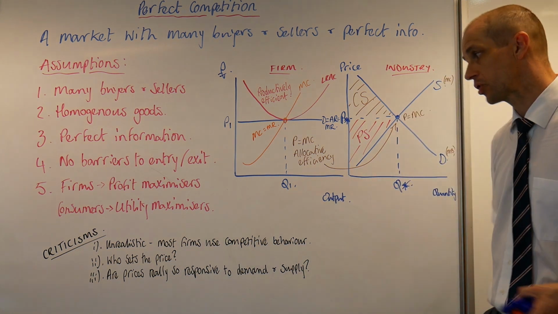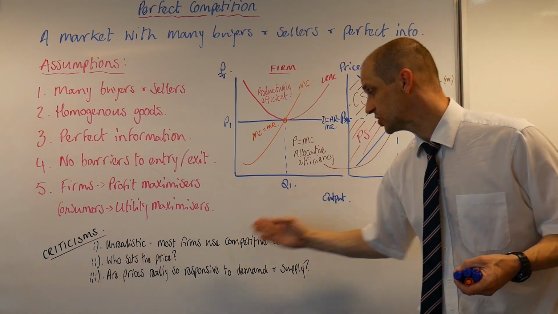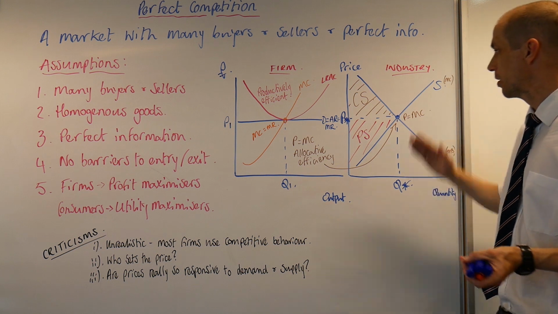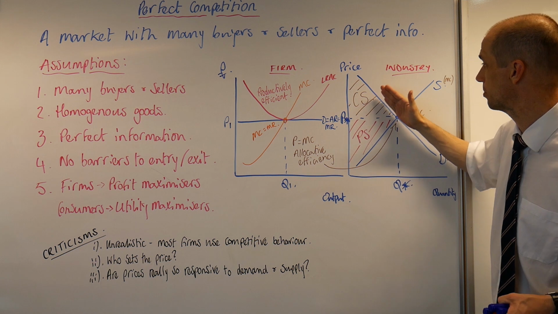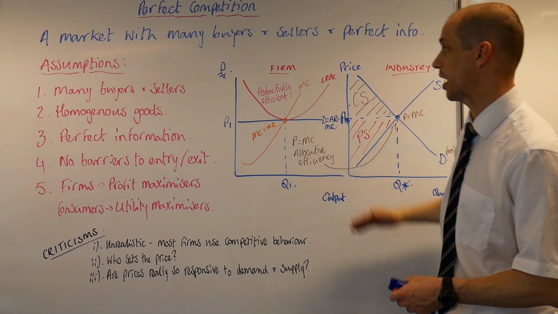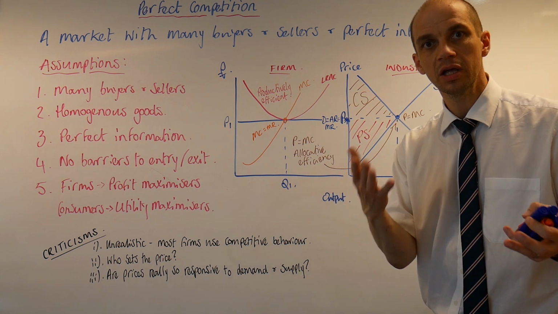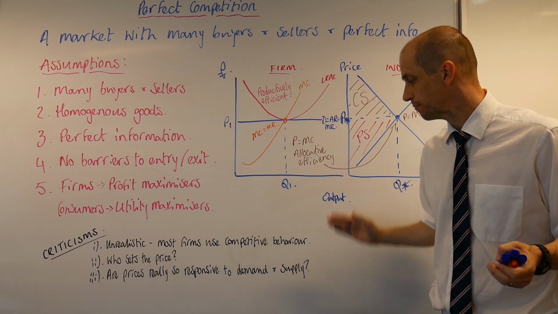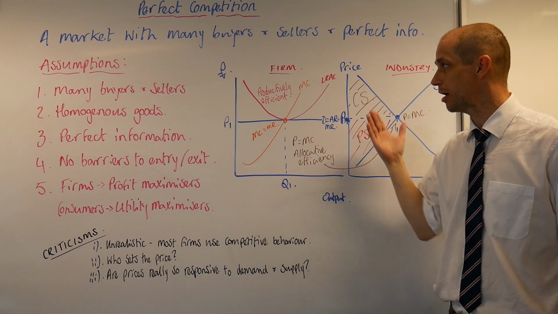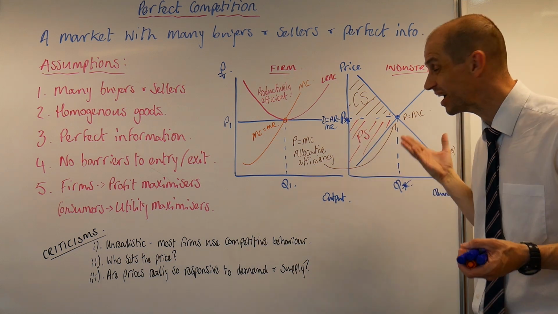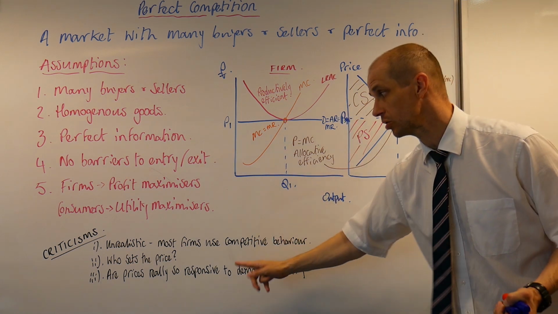Okay, and our third and final criticism is: are prices really so responsive to demand and supply? We know that as soon as we start moving the demand or the supply curve here, and we'll look at this in our next lesson, it will have an impact on the price level. Is it really like that though? Are markets really truly as responsive as that? When it comes to manufactured goods, it's highly unlikely that would be the case. Perhaps when it comes to some primary goods, that could be plausible, but certainly some do criticise this model of perfect competition because of that third point.